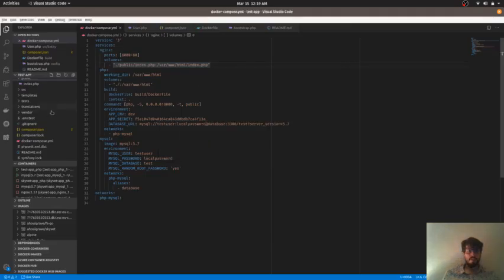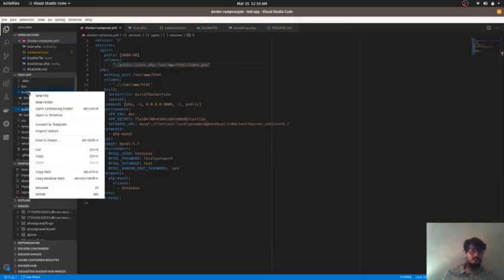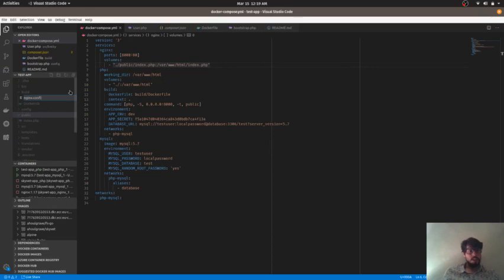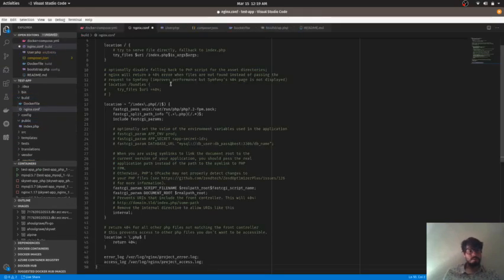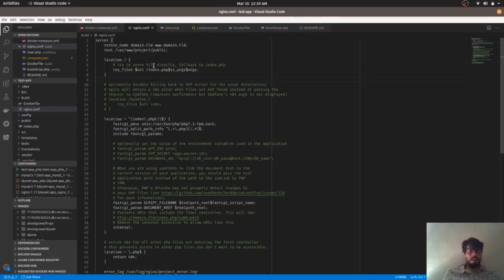Okay, we'll need this configuration anyway. So I like to put this in the build folder as well, like nginx.conf, and we have this. Okay, so the root will be /var/www/html/public. For server name, you can use this, so it's for everything,